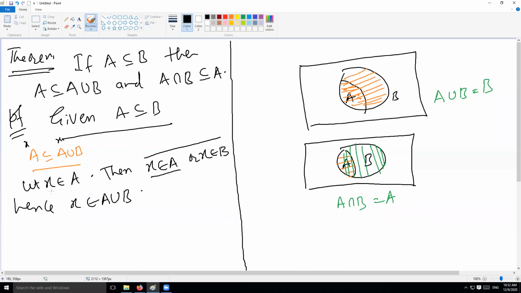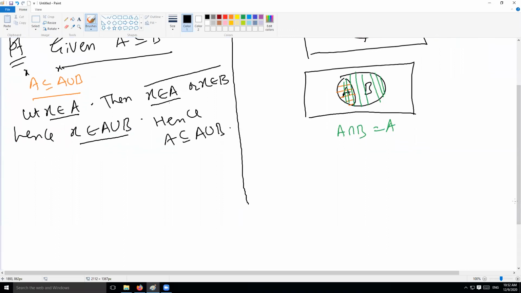Is it making sense? We picked an element from A and proved that it belongs to A union B. I'm going to say thus, or hence, or therefore, whatever you write, that A is a subset of A union B. This seems like a very trivial result, but you have to argue about it. So we are done with the first part. What is the second part? The second part is to prove that A intersection B is a subset of A. So in order to show this, what we need